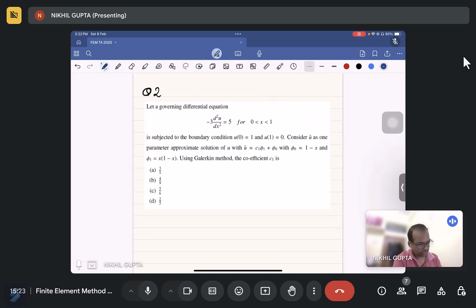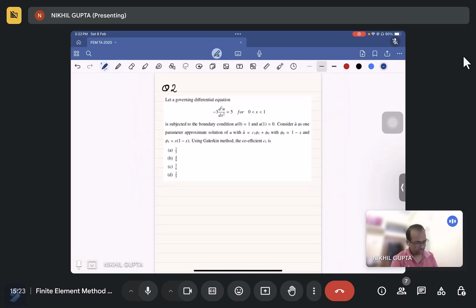Let's solve some more questions. This is question number two, where a differential equation is given and the boundary condition is also given. You have to consider u as a one-parameter approximation, with the u bar part given, plus the guidance also given. You have to solve it through the weighted residual method. Just have a look and then